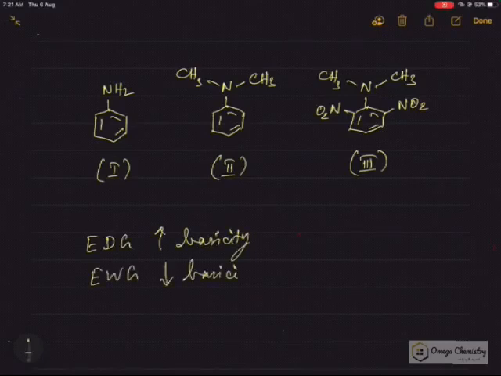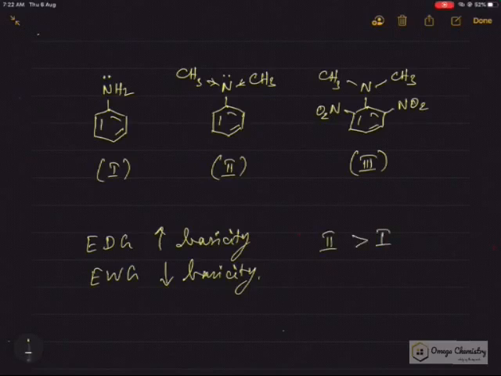This we know. So when it comes to aniline, you have a lone pair of electrons, but they will not be available readily for the acceptance of a proton as they are involved in delocalization, right? The same lone pair of electrons is available on nitrogen in compound 2 also, but these electrons are involved in resonance, and again we have electron pumping groups, electron donating methyl groups, right? So for sure we know that compound 2 is more basic than compound 1, correct?